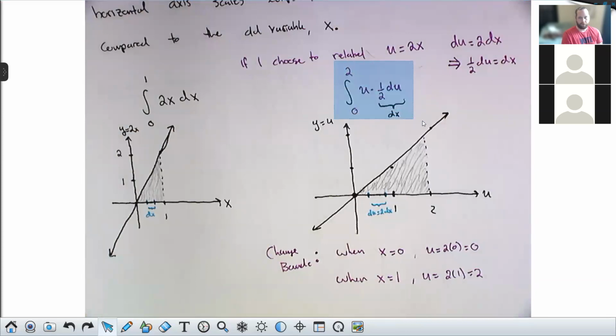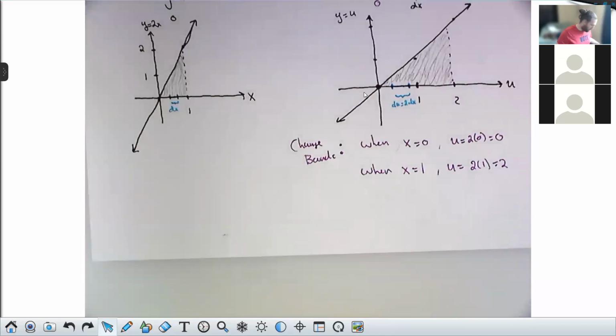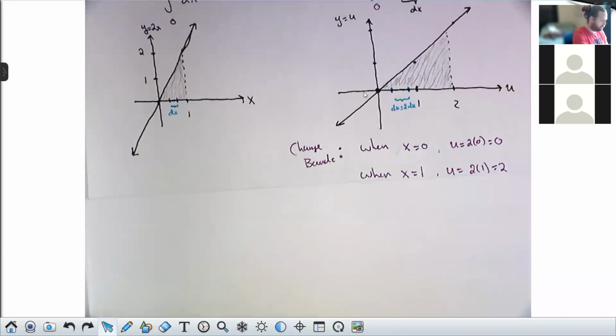But now this is an integral that I could do. So these two integrals are equal. The integral from 0 to 1 of 2x dx is equal to the integral from 0 to 2 of u times 1/2 du. Now the truth is neither one of these is hard. You could have just done this guy, right? But I'm trying to get you to see why we're going to be doing what we do elsewhere. So let me go ahead and crunch out each integral to convince you that they are the same. And then we're going to return to that previous problem.